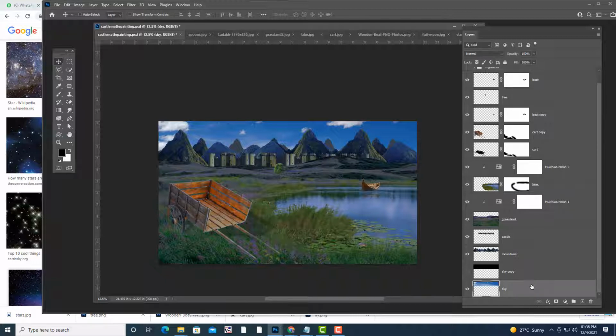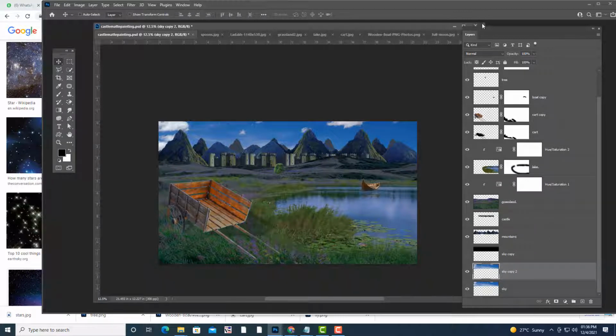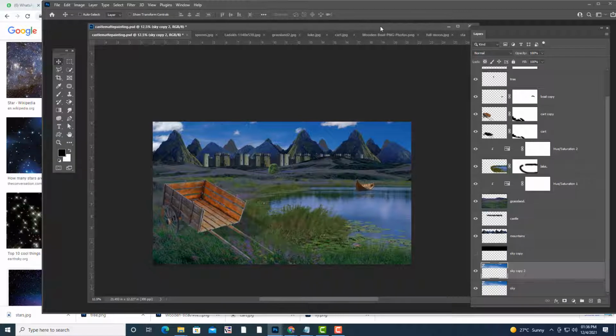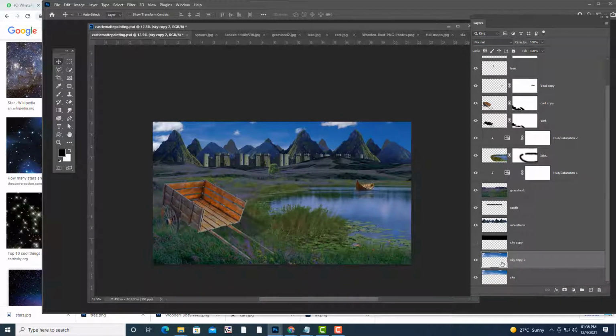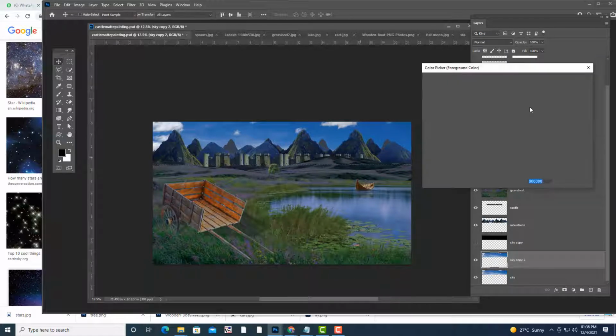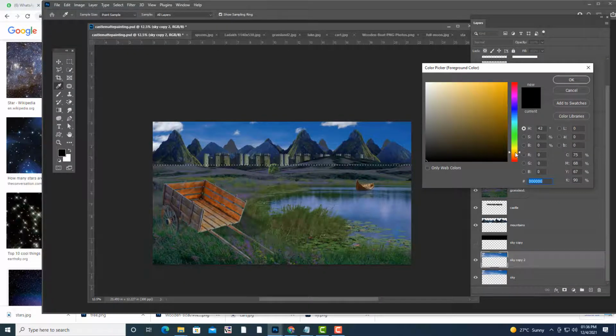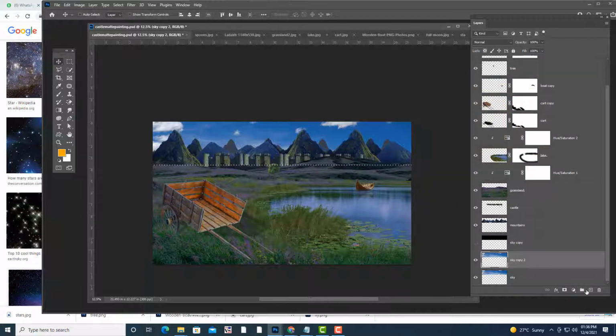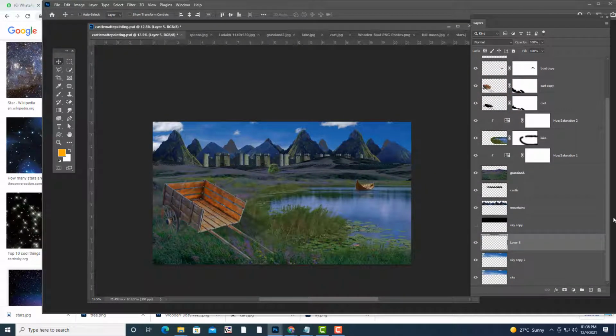I'll take one more duplicate. So then what will we do? Control and click on this sky. So we'll just create one orange color. Just take a new layer and Alt and Delete.